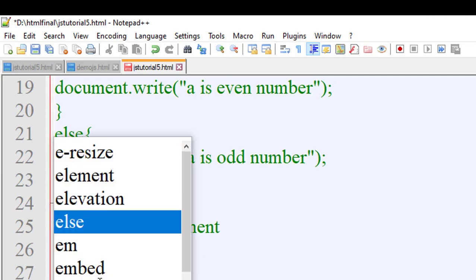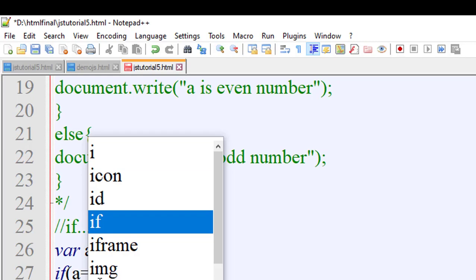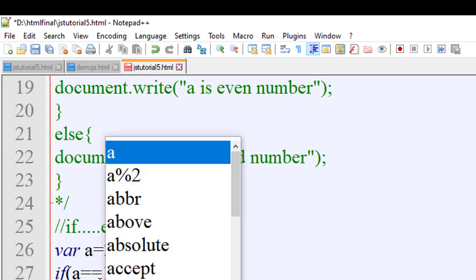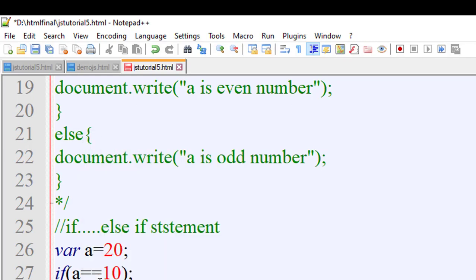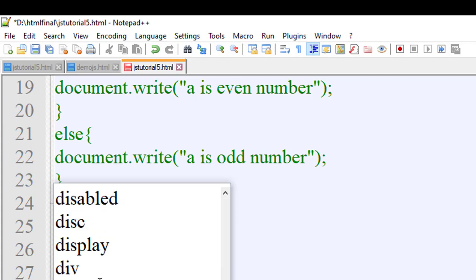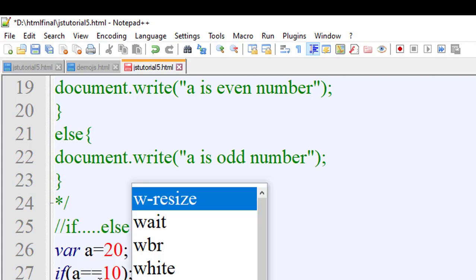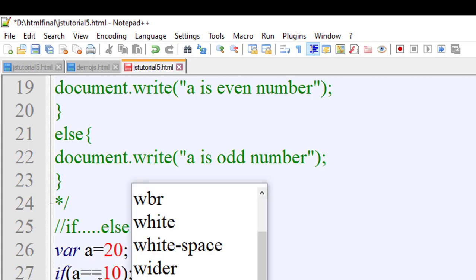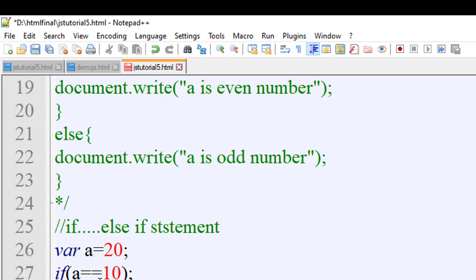Now else if a equal to 15, but the value of a is 10, then document.write in parenthesis, in double quote, a is equal to 15.